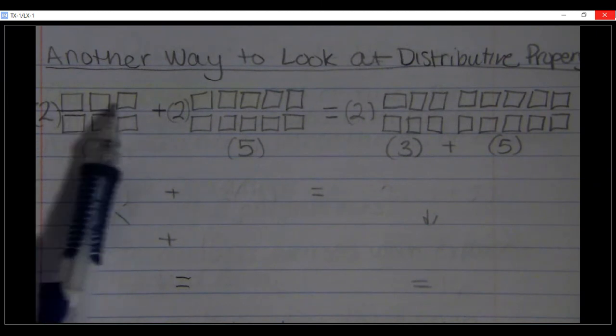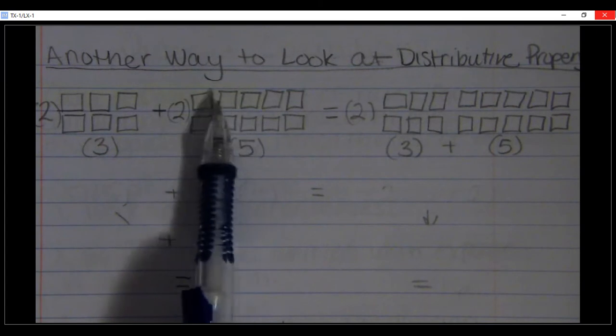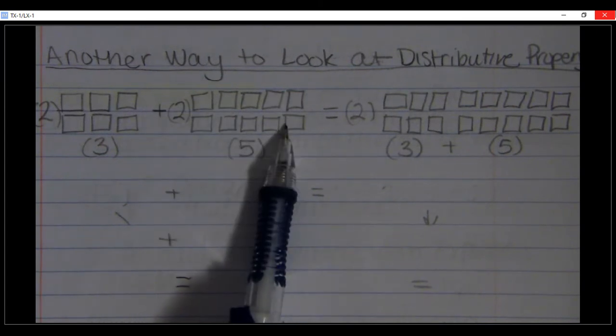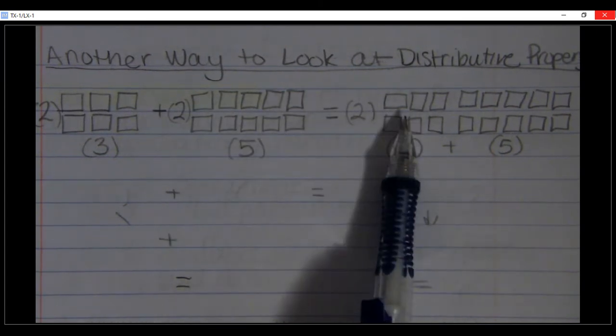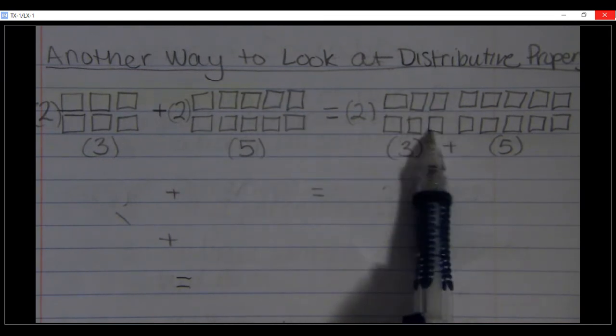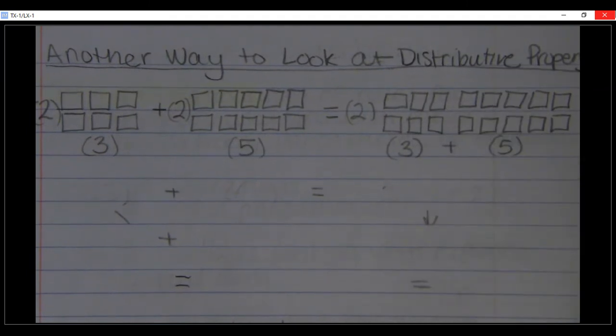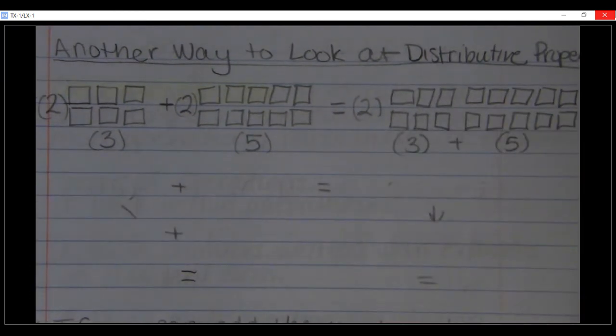I have 2 rows of 3 boxes. Over here, I have 2 rows of 5 boxes. And over here, once I add them together, my 2 rows of 3 boxes and then my 2 rows of 5 boxes all together. So that can be a little bit different than how we looked at it last time, but it's actually the